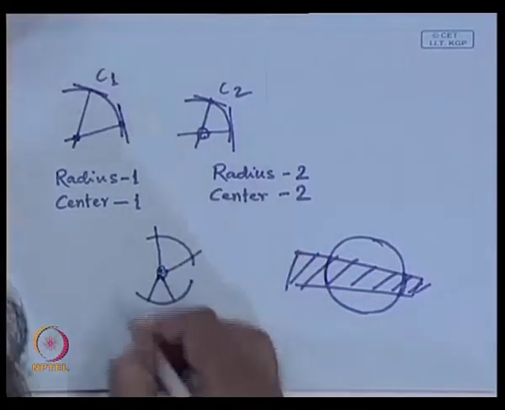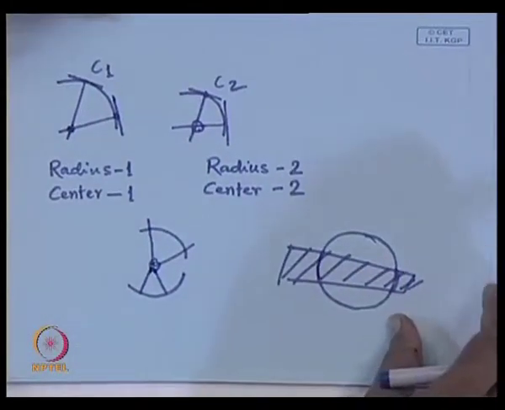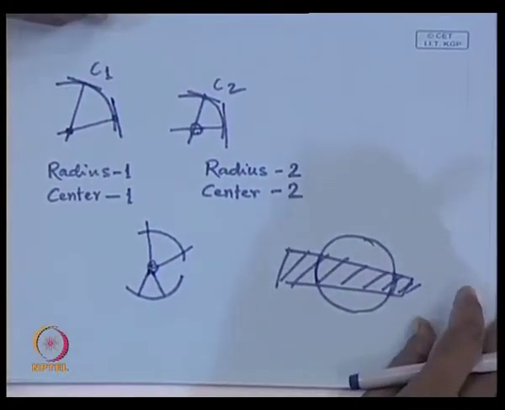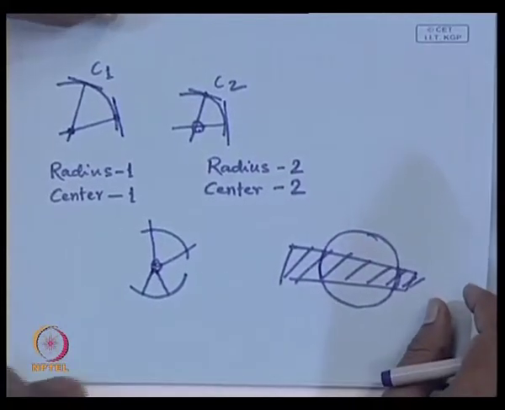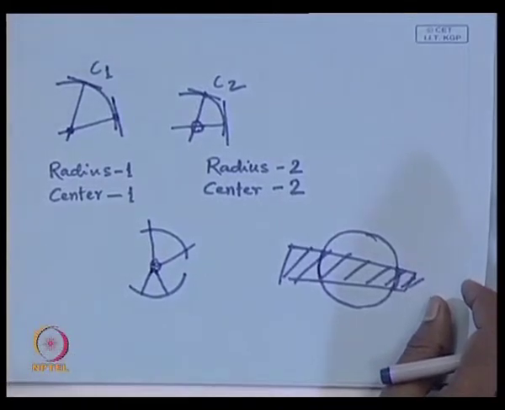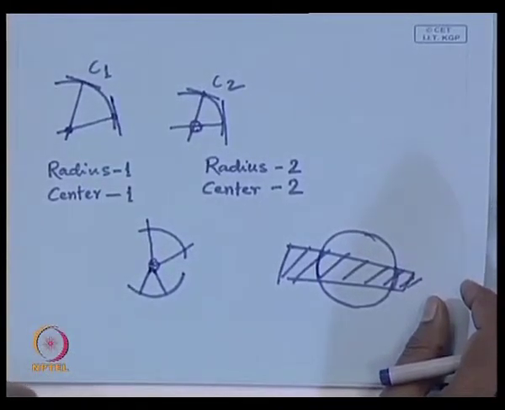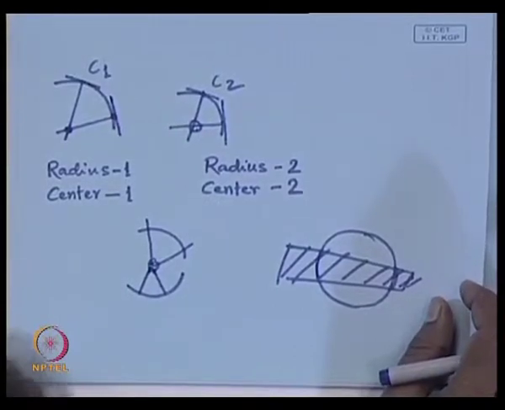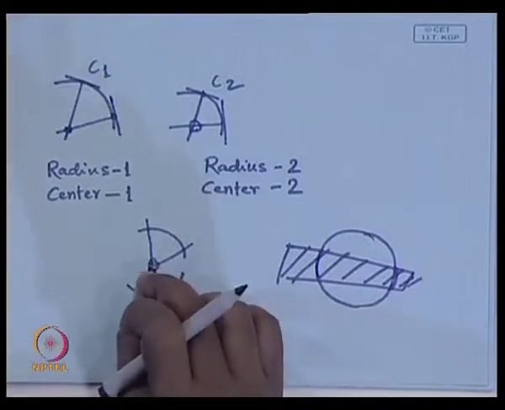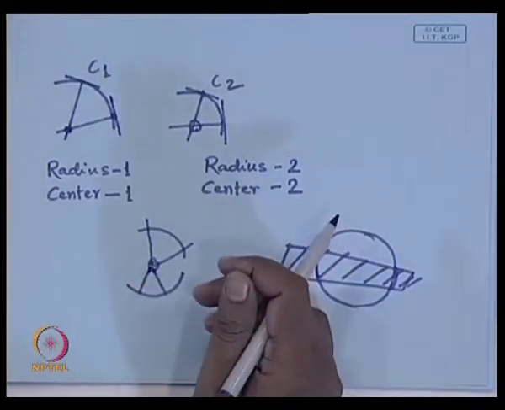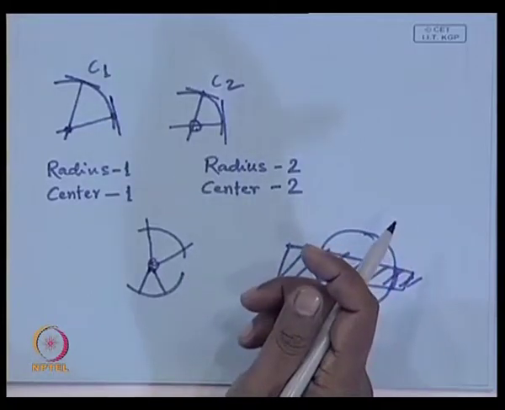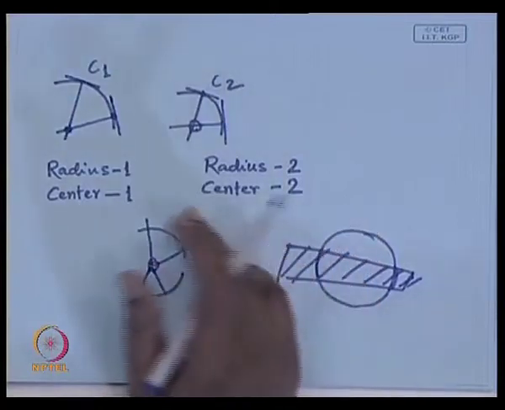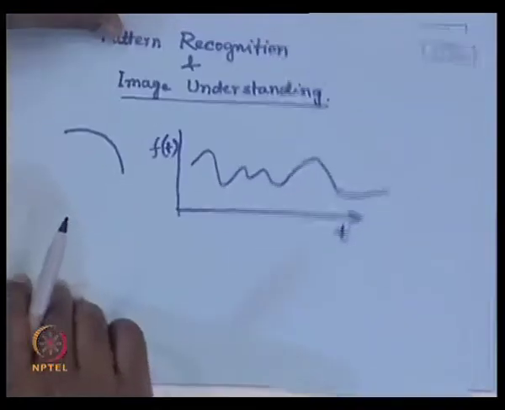So what I am trying to do is, whenever I want to recognize a pattern, I have to extract certain features of the pattern, and using those features in the feature domain I have to find out whether the patterns are similar, the same, or different. In this particular example I have taken a very simple case of a circular arc. So I have simply calculated the length of the radius and the position of the center. Whereas, over here